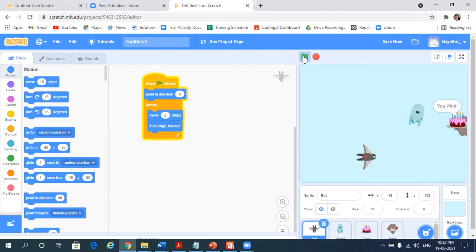Right? So I won, right? The program will stop. So instead of going directly towards the cake, in case I go, let me begin the game again. So green flag. So while moving, if I touch bat, I get a message, oh no. If Ghost touches me, I get a message, oh no. Then if I touch the cake, then I win, and all the characters will stop moving. Okay, so this is our game.